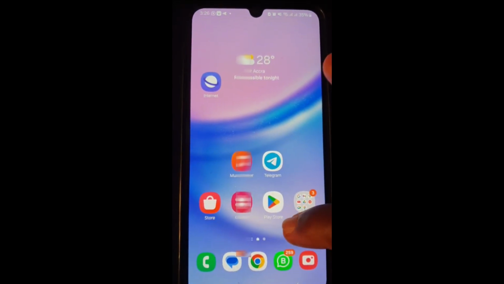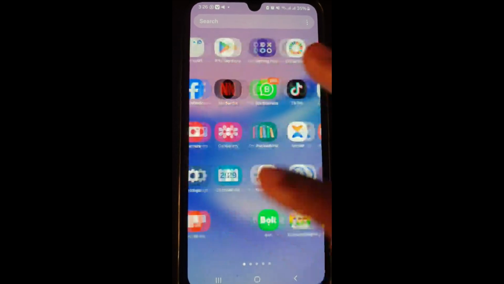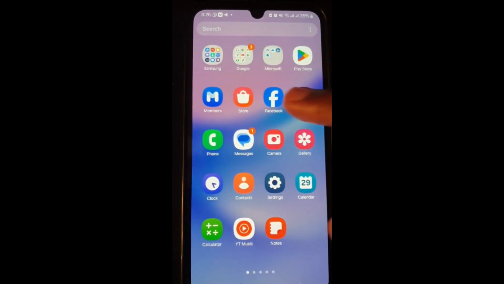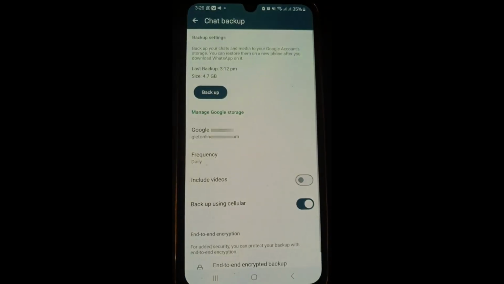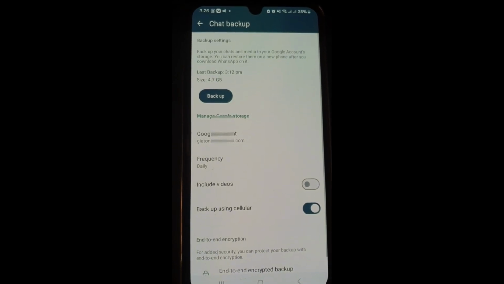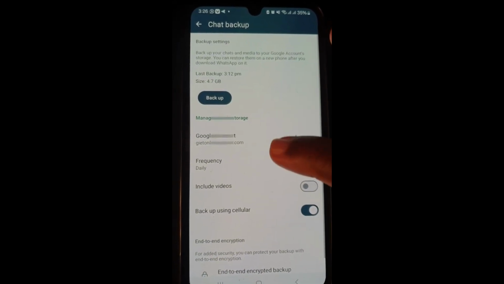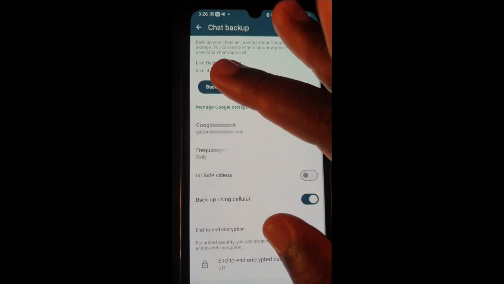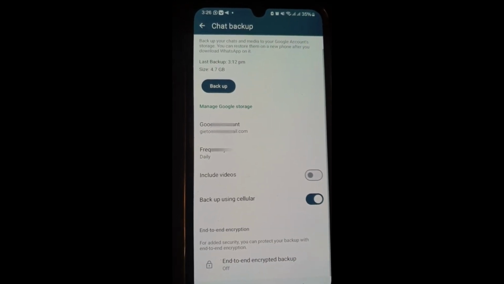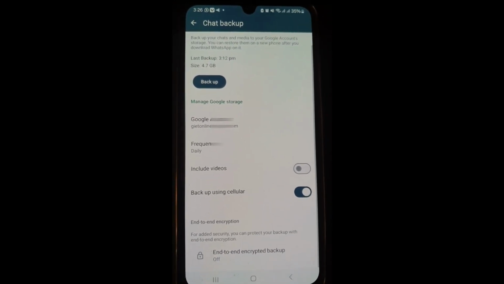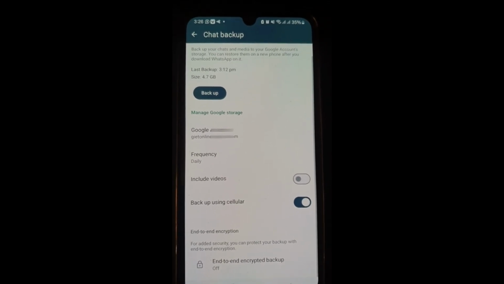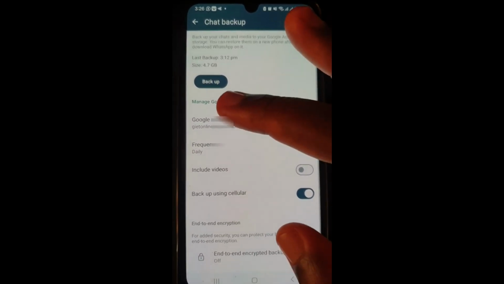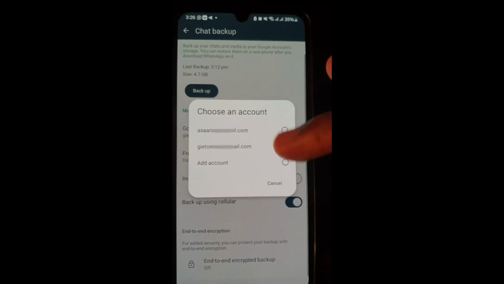Then you now come to WhatsApp. So you come to WhatsApp, and then you click on the backup. It will back it up. If you click on the backup and it still doesn't work, then what I will advise you to do is click on the Google account, then